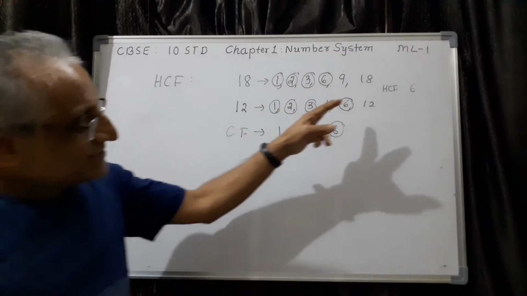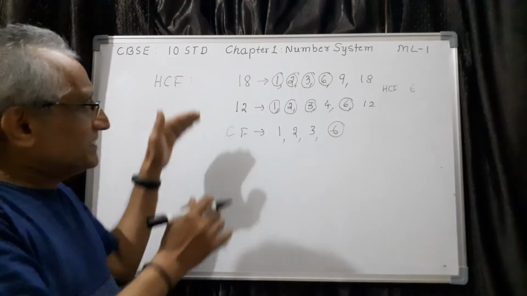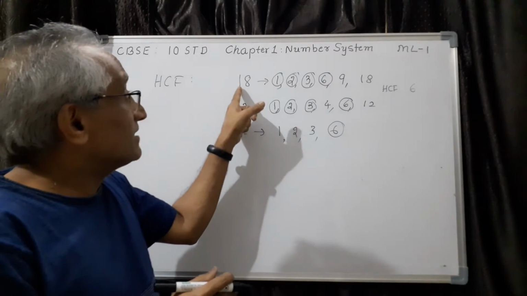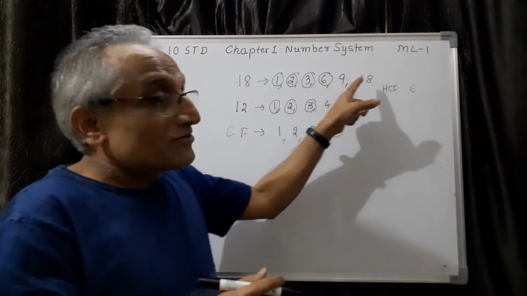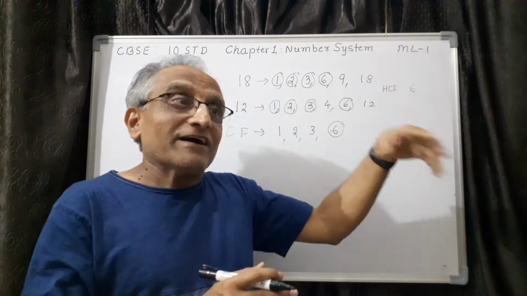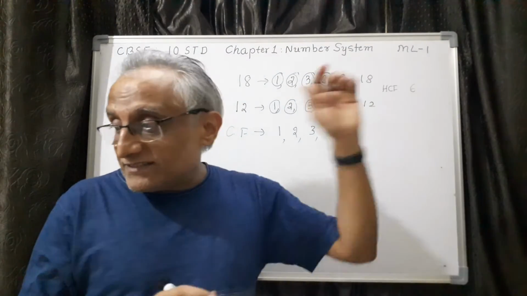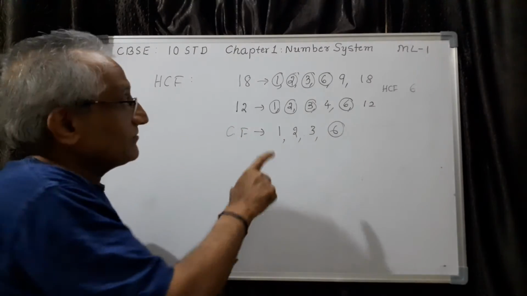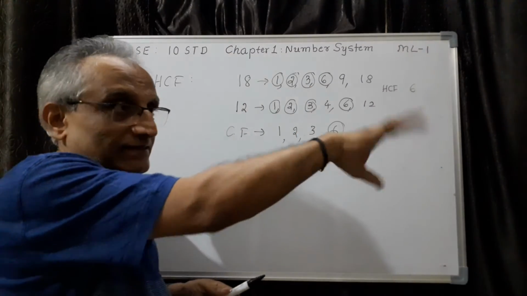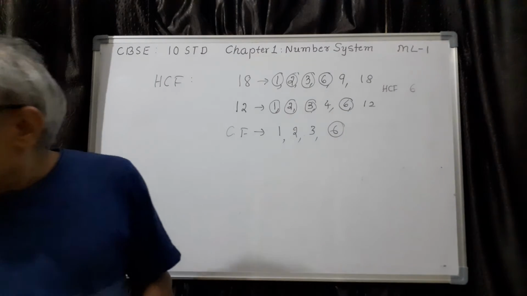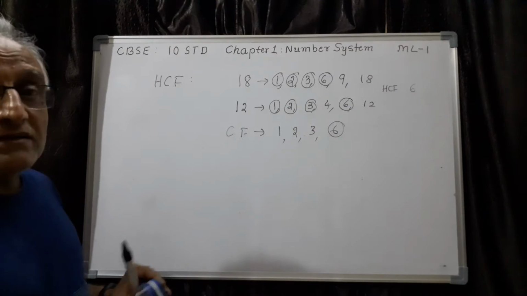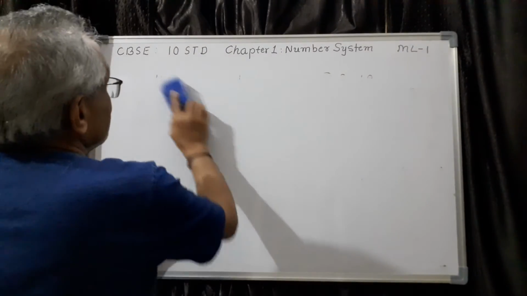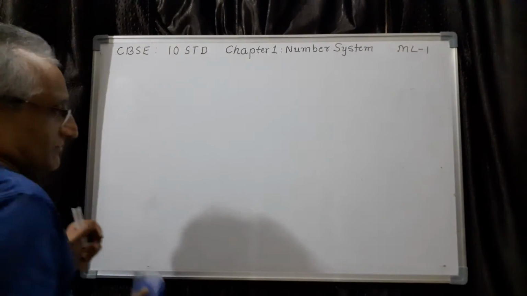Actually, this is one procedure for finding the HCF. That means, given any two numbers, write all the factors. But remember, this is not easy. Suppose the number is very, very large. Writing all the common factors is very difficult because we may miss some factors. This is the difficulty. You have already seen one method of finding HCF, the factorization method. Using that we can do it. But there is another simple method of finding the HCF of two positive integers. Let us study that first.